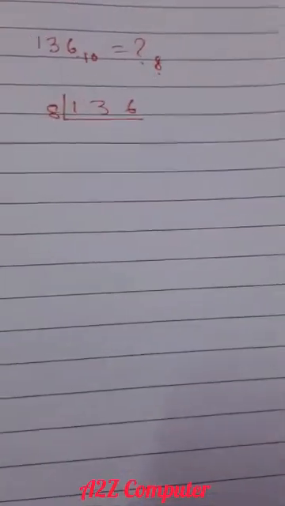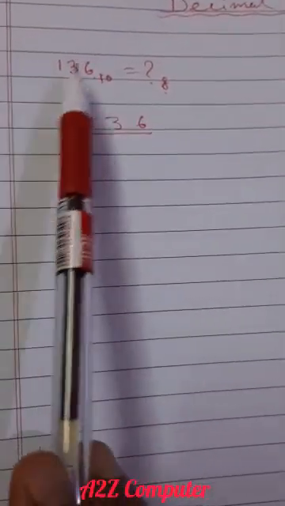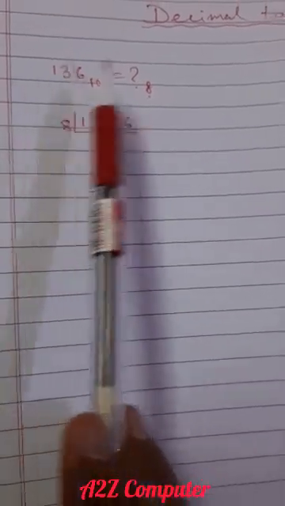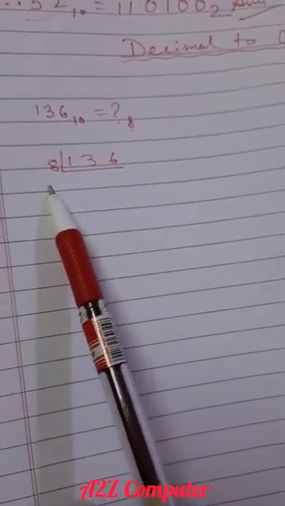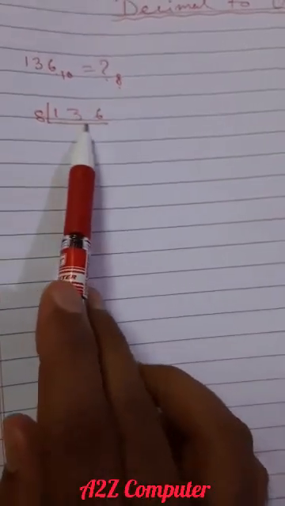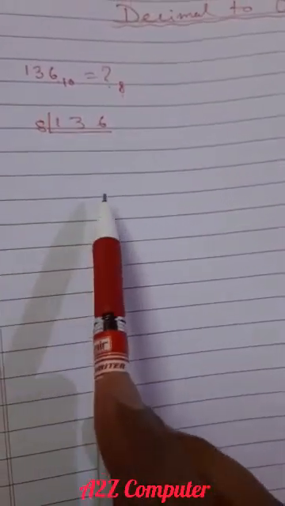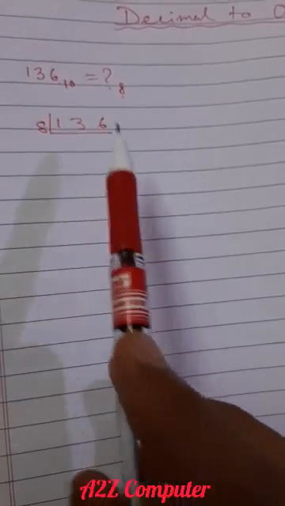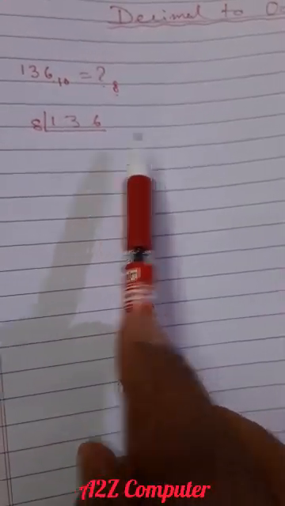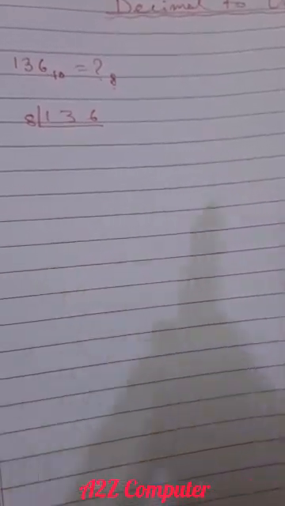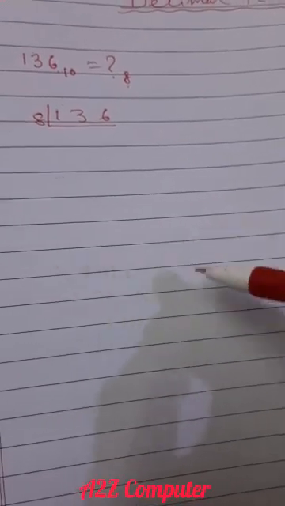See the number 136. We have to convert the number 136 into octal. So if you divide 136 by 8, what will be the quotient value? The same procedure will apply here. We will divide the number by 8 each and every time till the quotient value comes 0, and beside the quotient value every time we will write the remainder for each quotient, and at the last we will arrange all the remainder values from the MSD to LSD as we did for decimal to binary.